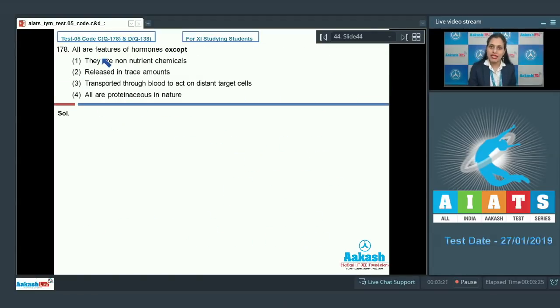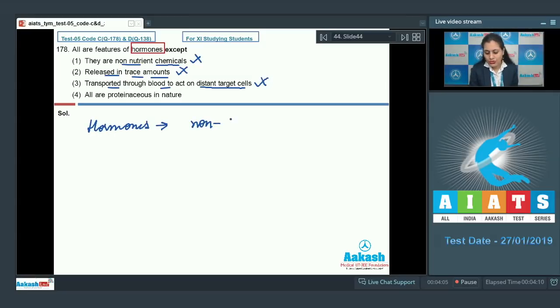Question number 178. All are features of hormones except. So you need to find out an option which is incorrect for hormones. And the very first option is they are non-nutrient chemicals. And as it is a correct statement, so this cannot be a correct answer to our question. The next statement is released in trace amounts, and as it is also a correct statement, so this cannot be a correct answer to our question. Next statement is transported through blood to act on distant target cells, and as it is also a correct statement, so this cannot be a correct answer to our question because these hormones,